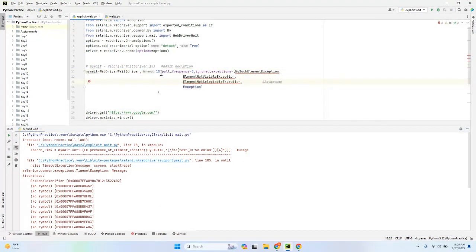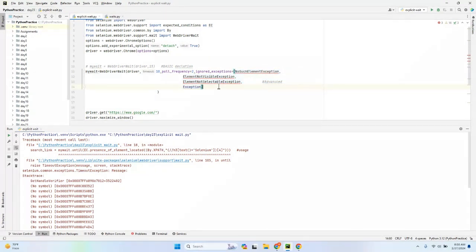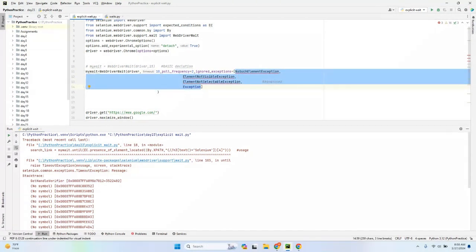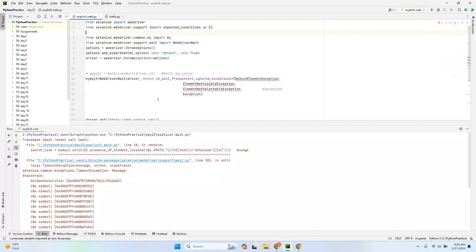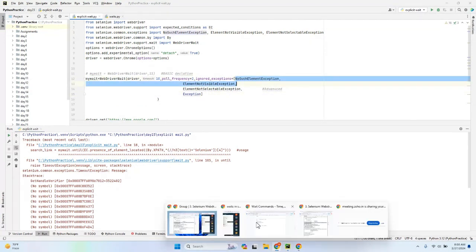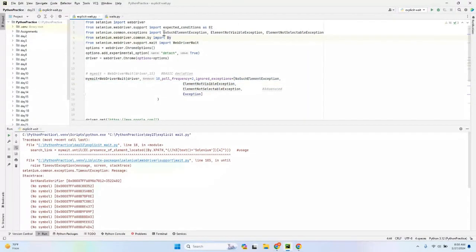But additionally, I'm specifying poll frequency and ignored conditions. So these are the ignored conditions. These are the exceptions which I can face at the time of executing this particular script. So I'm importing these exceptions from the exceptions library in the Selenium package. In Selenium, you have common, and in common, you have exceptions. What are all the exceptions you are specifying here? No such element. Not only this, we have seen it here. These are the different types of exceptions which you can mention here. You can import the exceptions